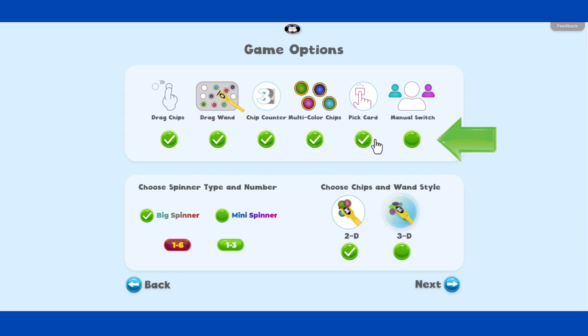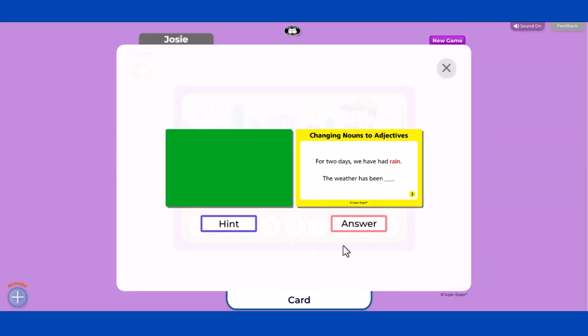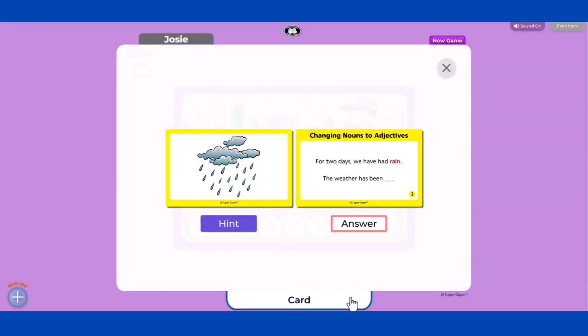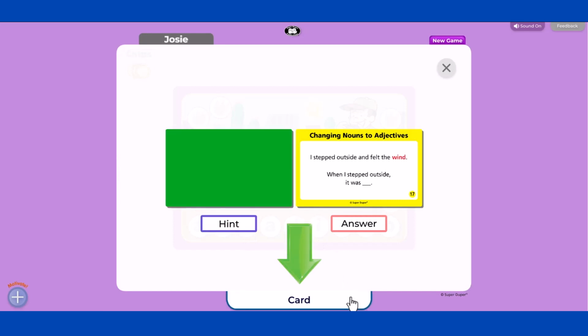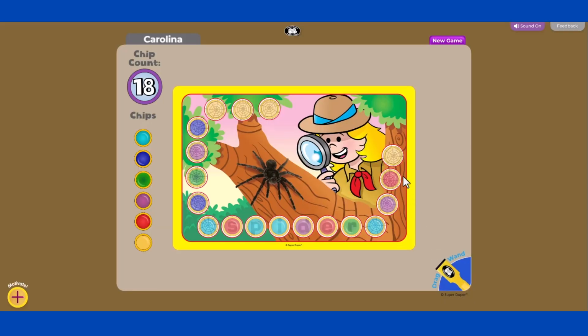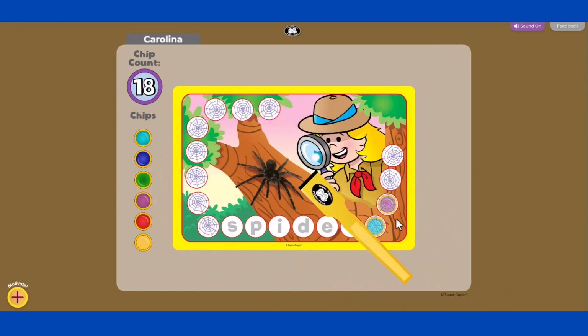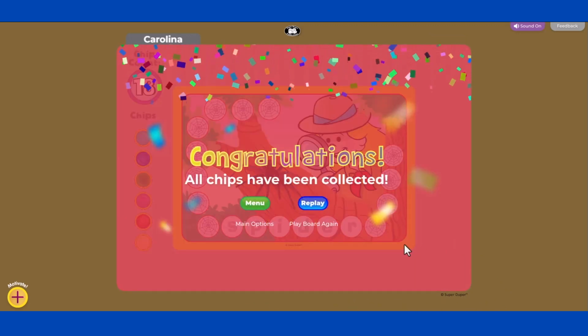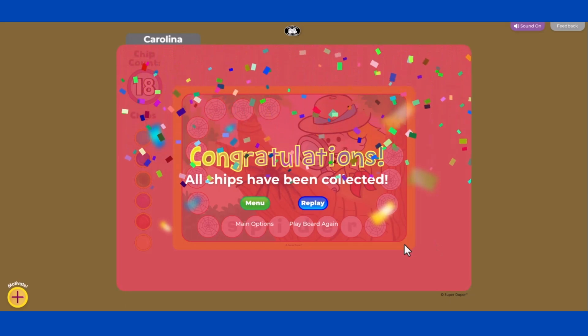If you did not select Pick Card, a random card within the student's assigned category will appear on the screen. Click Card to have another card presented, or click the X to continue. Spin the spinner, collect the chips, and watch them disappear on the magic wand. The first player to fill their board, or has the most chips at the end of the session,